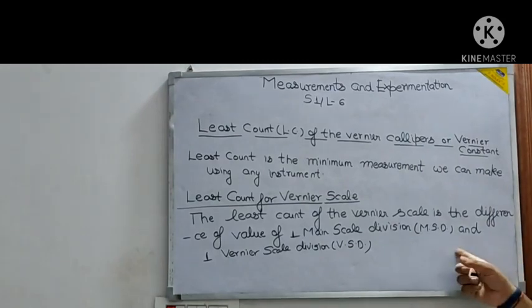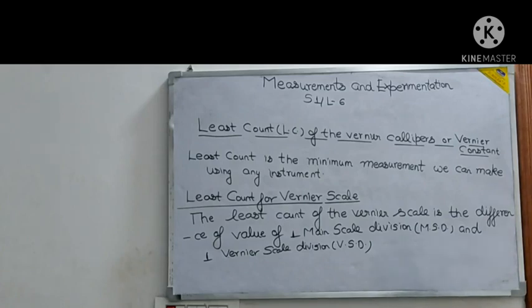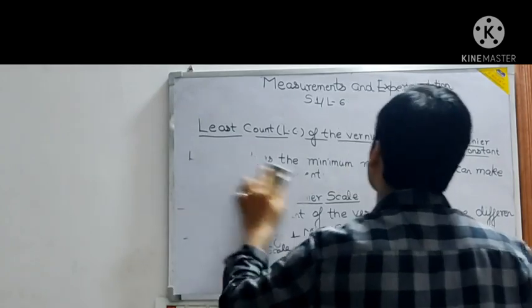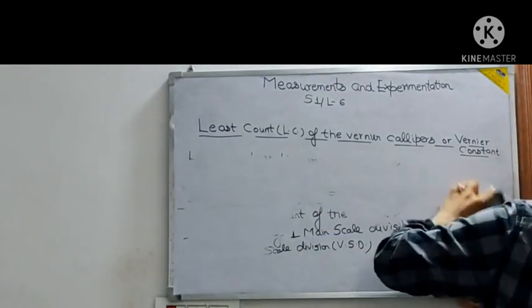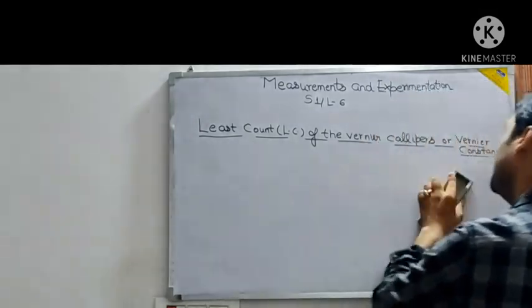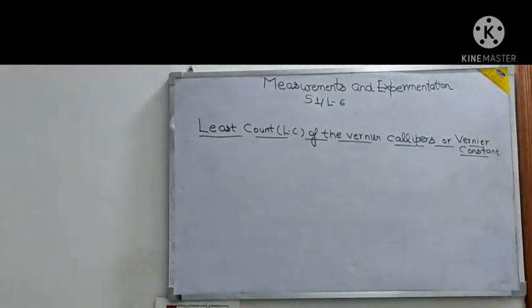This you write in the copy also, what I have written just now. Now, this is the value. Now see, this is basically the mathematical definition and we'll be using it to find the value of least count also. If you have written this thing, let me proceed further. This is basically the derivation. If the question comes in the exam to derive the least count or derive an expression for least count of the vernier calipers, then what I am going to do now is what you will do.